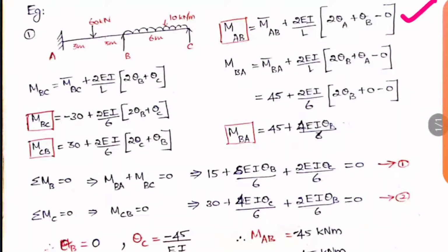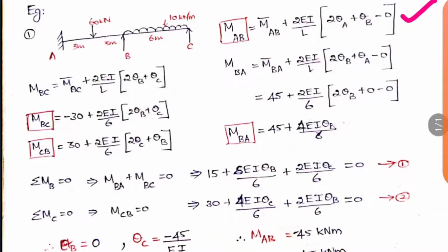Okay, so if anything is not mentioned, you can take that deflection term, that formula alone, as 0 itself. So we can neglect that value, that is minus 3 del by L, in this question because they have not given that. So here the formula is 2 theta A plus theta B alone.